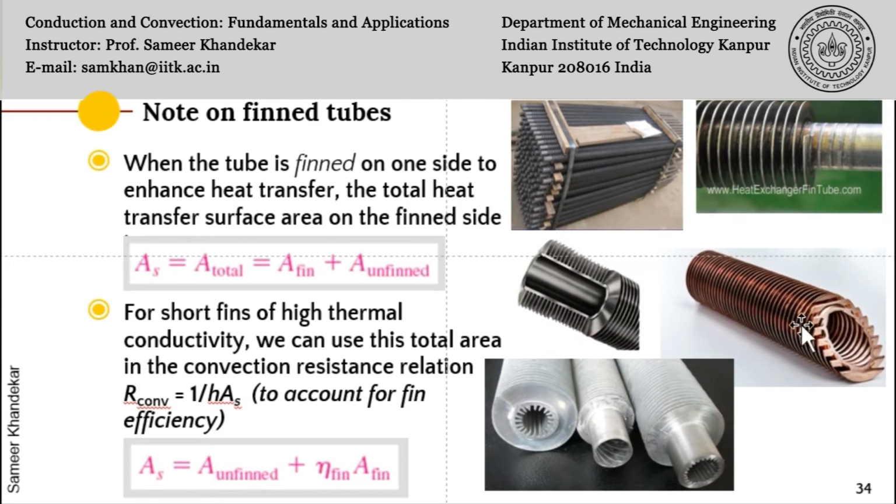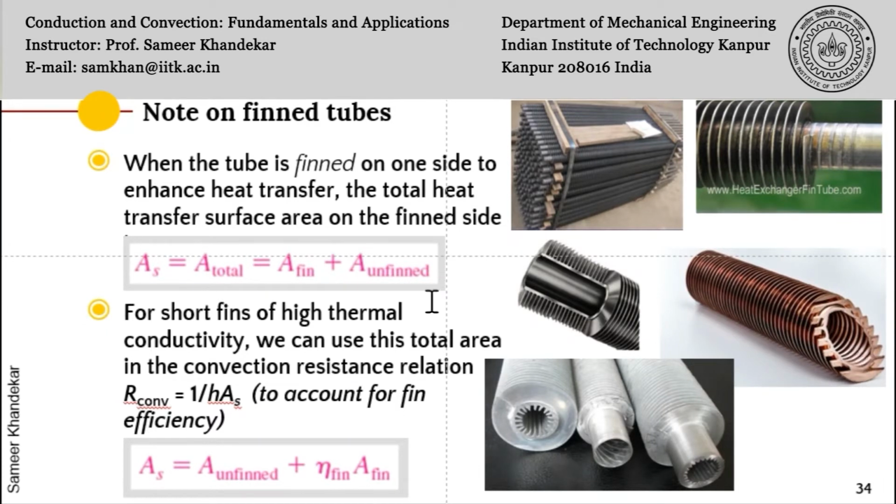There are also special structures like this which are created when you create an outside fin. There is already internal serrations which are created during the manufacturing operation. So now whenever there is a fin, how do we account for the area? You have this area inside and area outside, which you have to calculate to get the overall heat